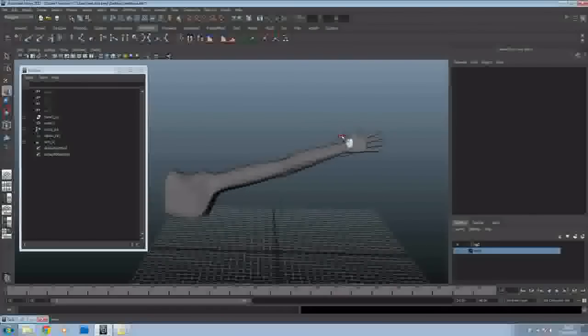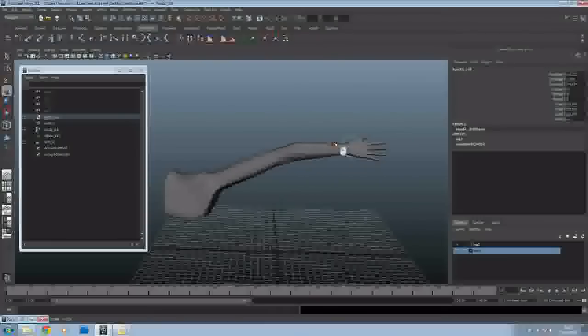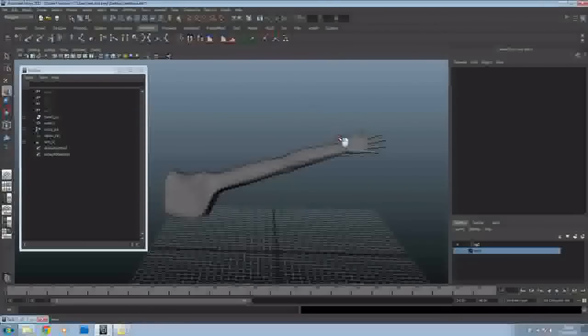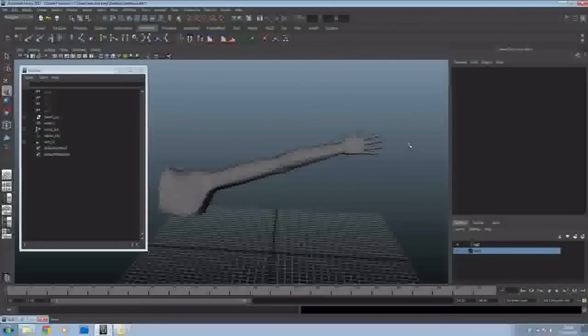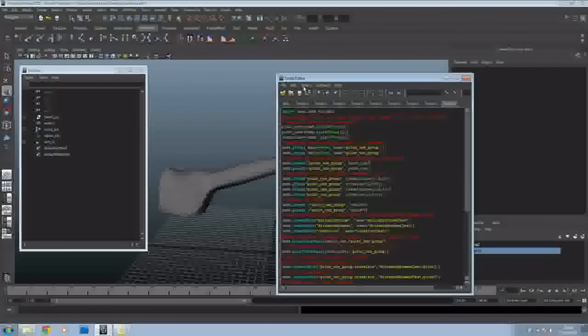But we can see that when we move the control shape, it won't move any further because that's the maximum stretched out that it can be in that position. So the important thing to do first of all is to make sure that the object that you're wanting to stretch is stretched out as full as it can be in normal. So this arm here is outstretched as far as it will go along the length of the arm. And next what we do